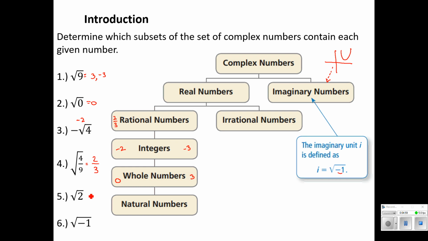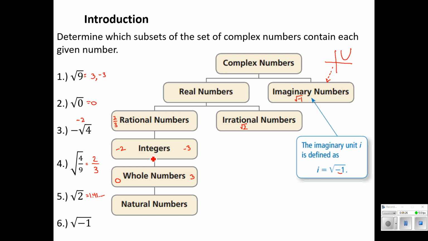The square root of 2, that is a decimal that keeps on going, 1.41 and so on. It does not stop. That is an irrational number. Drove the ancient Greeks mad. And then lastly, we have the square root of -1. Well, that's kind of a dead giveaway. The imaginary unit is defined as the square root of -1, so that is an imaginary number.